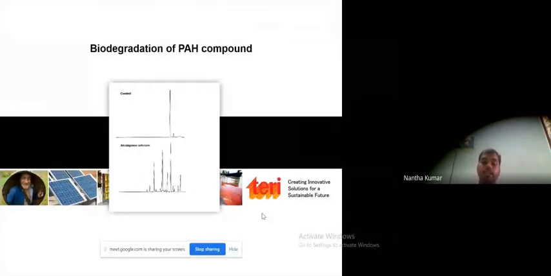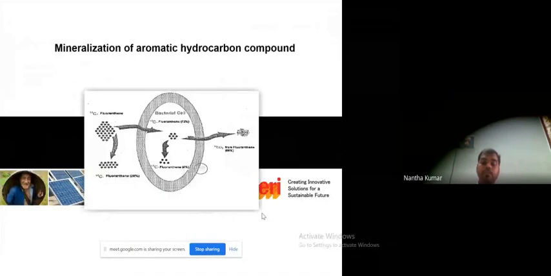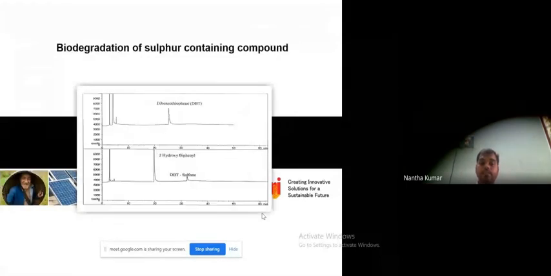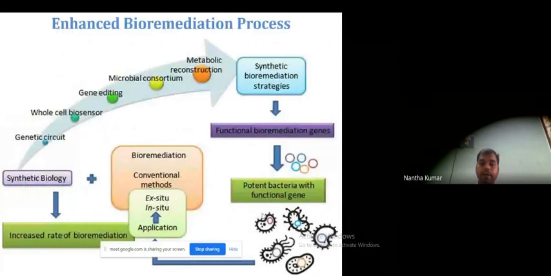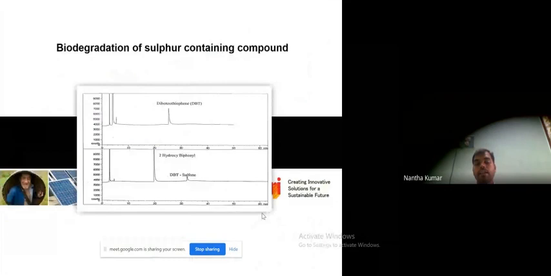Like that we can replace the strain, and we have to find out how these bacteria are mineralizing the aromatic and aliphatic fractions. Then sulfur containing compounds, again here also the parent compound is reduced. So this is the general method to detect and identify the effective bacterial strain for the bioremediation process.